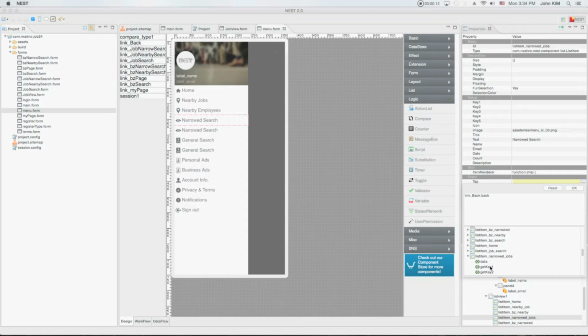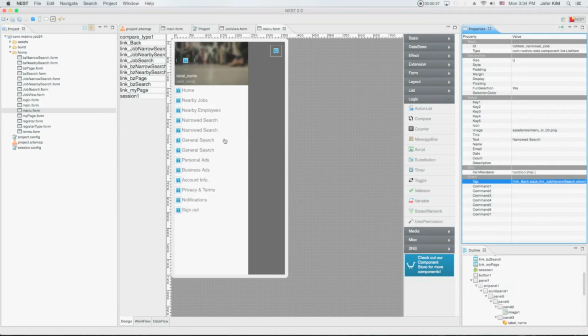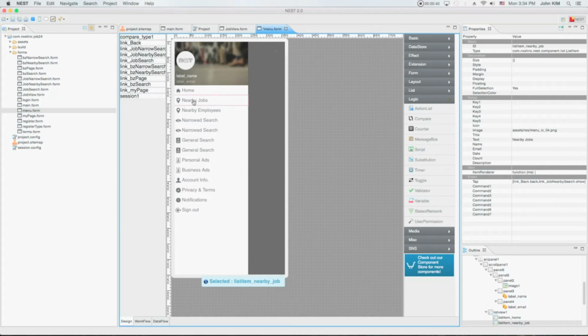And I am also doing the events for each form that will need to be shown. So right now this is list item, nearby jobs ID, and this one I'm putting a show and remove it. Show and yeah. Okay, so basically I have to do that for every option, and the reason that it's a good idea to